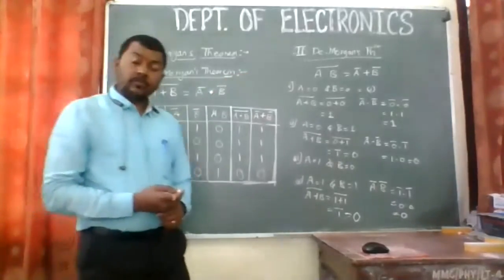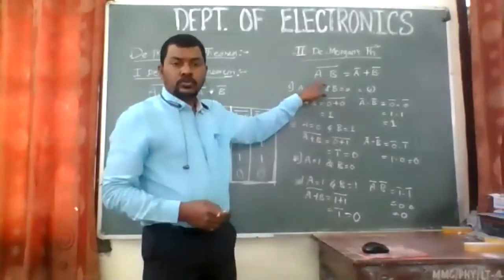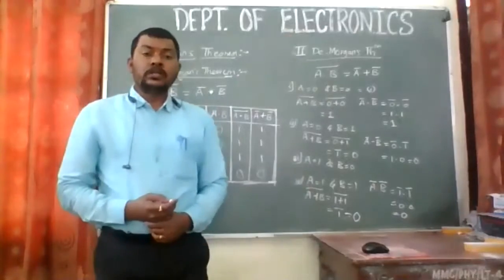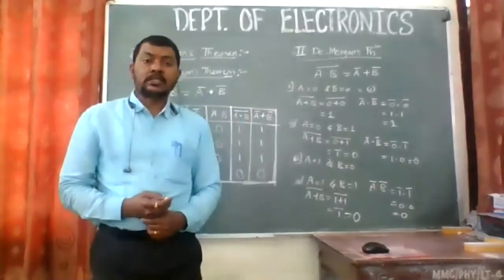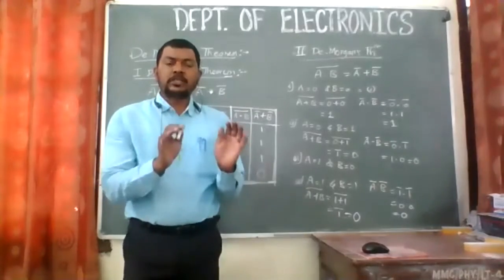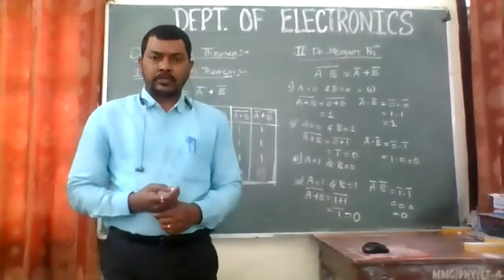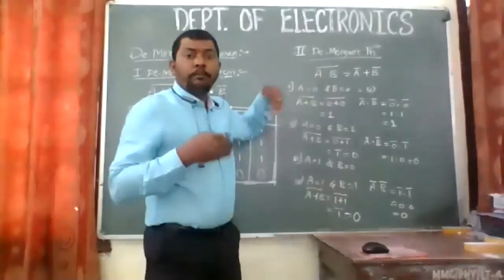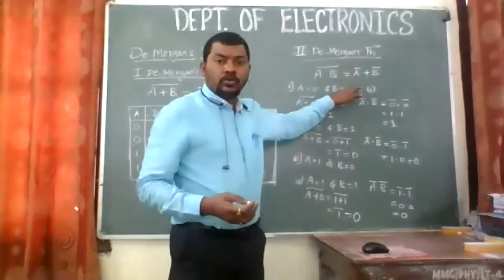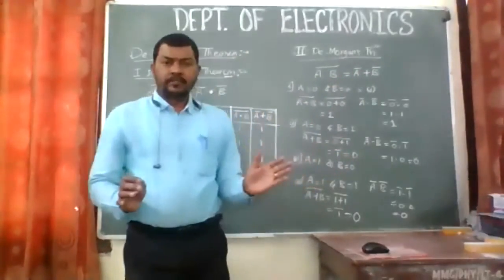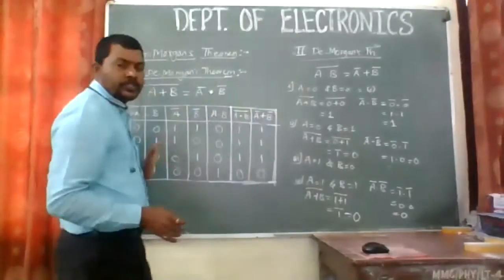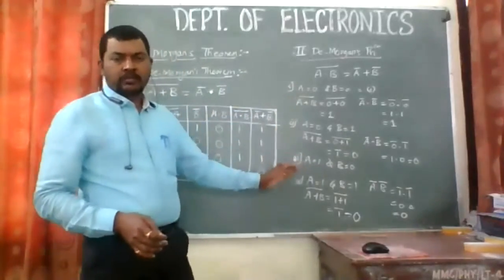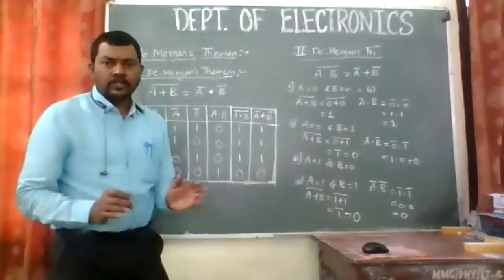The second statement is like this: the complement of the product, that is the product complemented, is equal to the sum of the complements, right? Sum of the complements. Remember the words. This is the statement which we are expecting you to write in your exams, right? So the complement of the product is equal to the sum of the complements. This is the second statement, and you can prove it in this fashion also, which I have shown over here in this table. Similarly, you can put these values likewise, and you can prove that also.